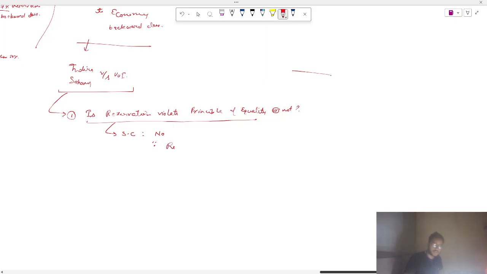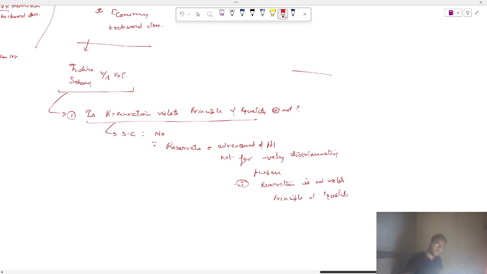Because reservation is for the advancement of people, not for a discriminating purpose, not for a negatively discriminating purpose. Therefore, reservation is not violating a fundamental right. Reservation does not violate the principle of equality. Now, another question has been asked in the Supreme Court, that is, is only an executive order enough to give